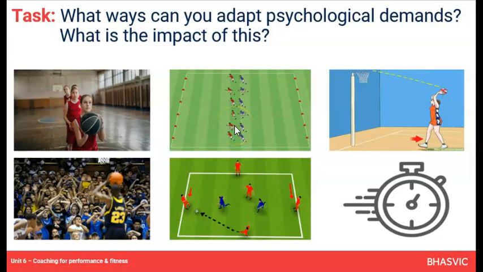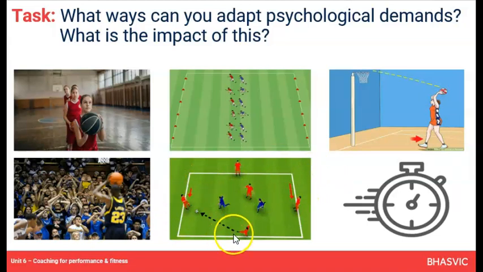This just brings to life a bit of stress, a bit of competition in relation perhaps to fitness in this situation. You could also do this whilst dribbling in football or with basketballs. So it gets, again, a bit more skill related and a bit more realistic. But you're increasing that sort of edge to the practice.